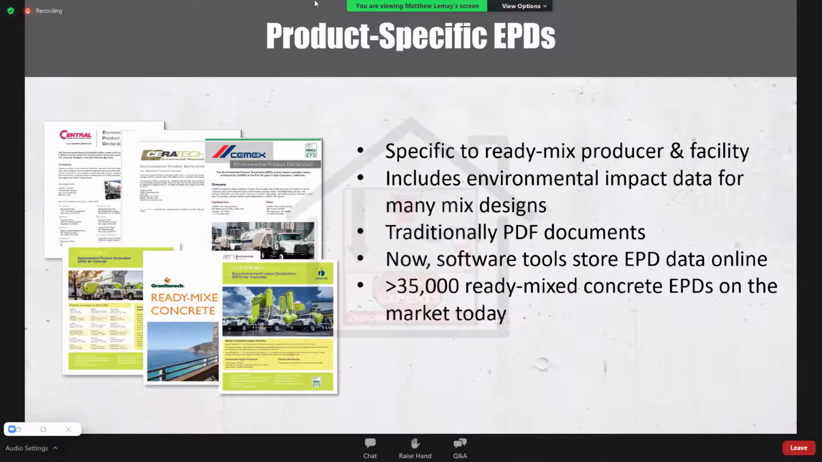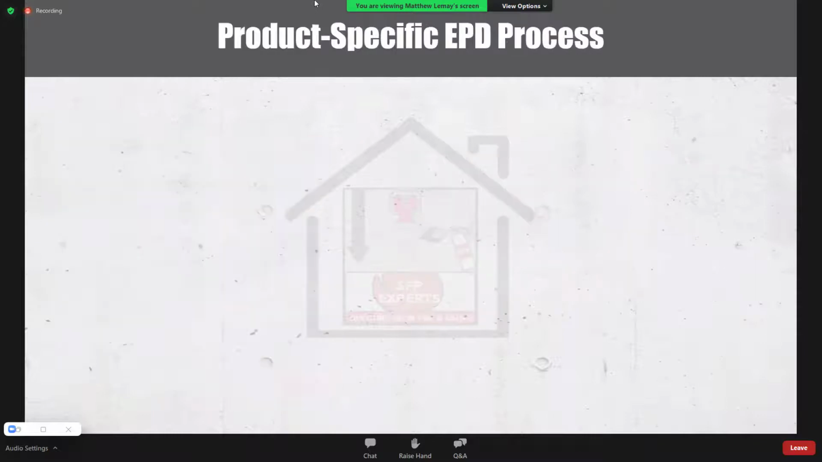NRMCA is a program operator for product-specific EPDs. And what that practically means is that we facilitate the verification of these EPDs, which allows them to actually be used on the market. So I'm going to overview the process of producing and verifying a product-specific EPD. The first step,